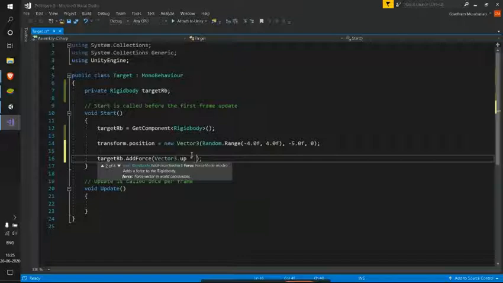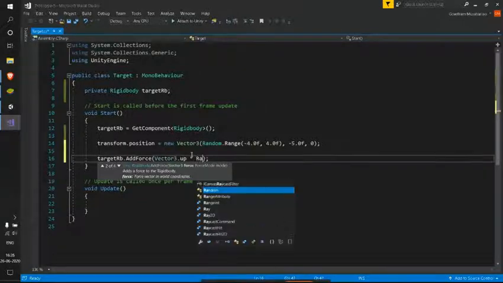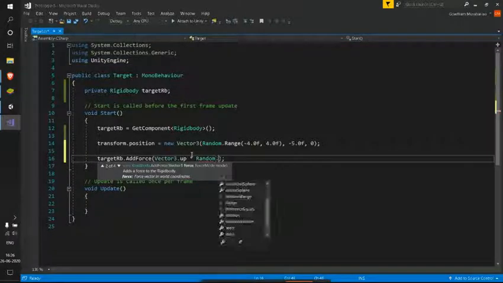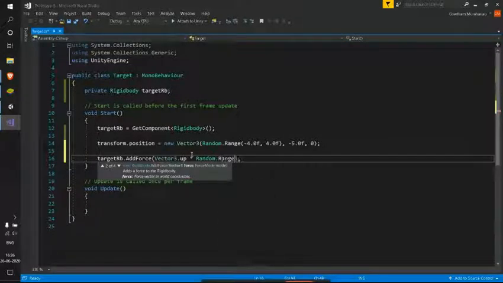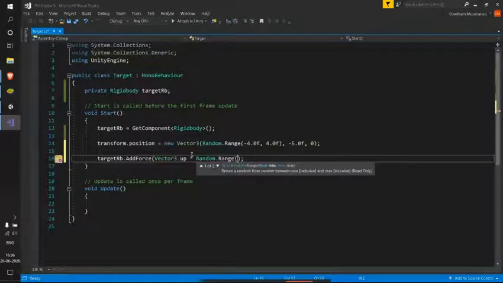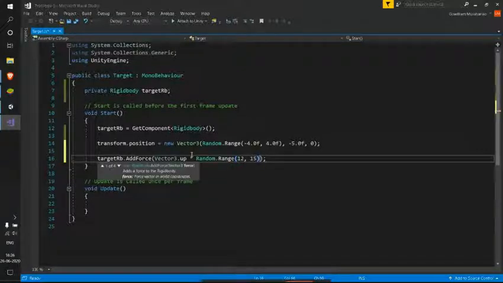I want this force to be random, right? As this force has to be random, I'll be scaling this up with some random value. So I'll be using Random.Range. This time I'll be dealing with integers itself. So I can give something like between 12 comma 15. So let me give some random values. We can change them later.